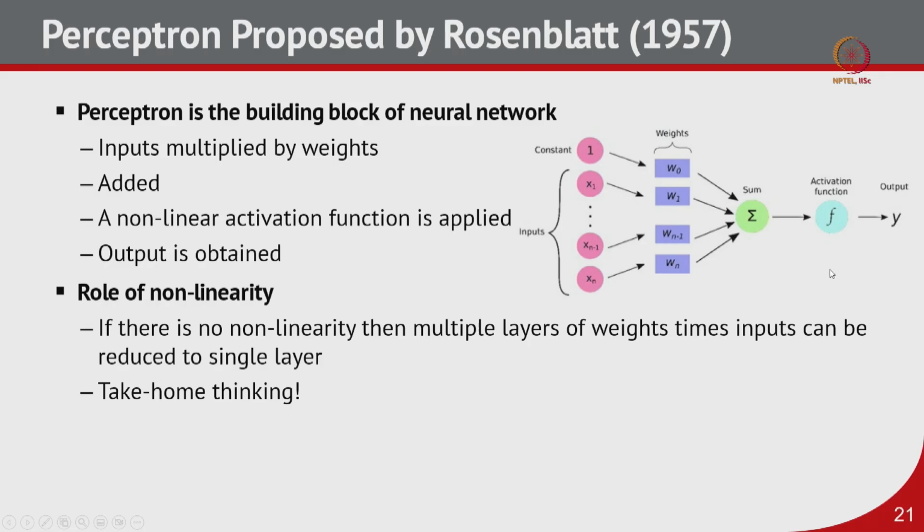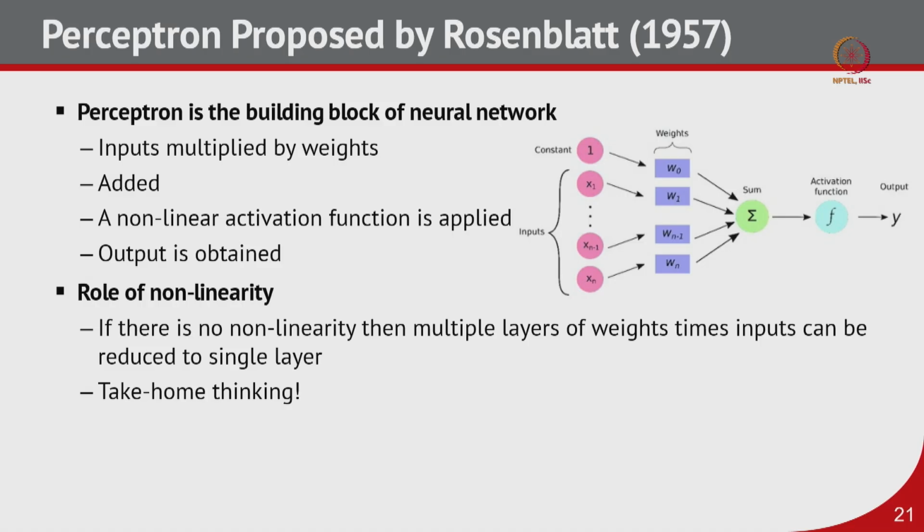By the way, this is one perceptron or one neuron. Assume that there are multiple of these perceptrons, and then we are not putting this activation function. So, all the outputs of this sum again get multiplied with another set of weights, and then it produces output. So, in that case, if you actually do it on pen and paper, you will see that we do not need a separate set of weights. Probably we can fuse all those layers or all those perceptrons into a single layer, right.